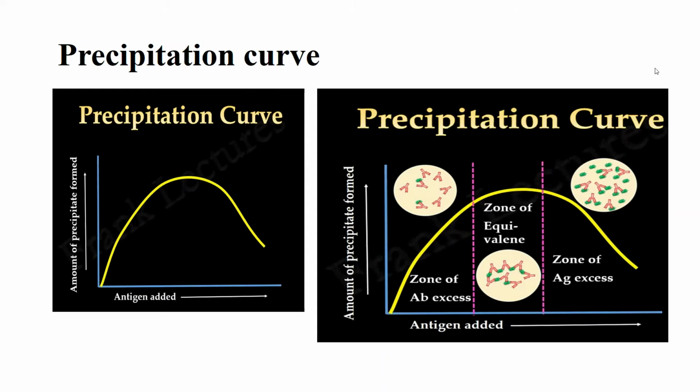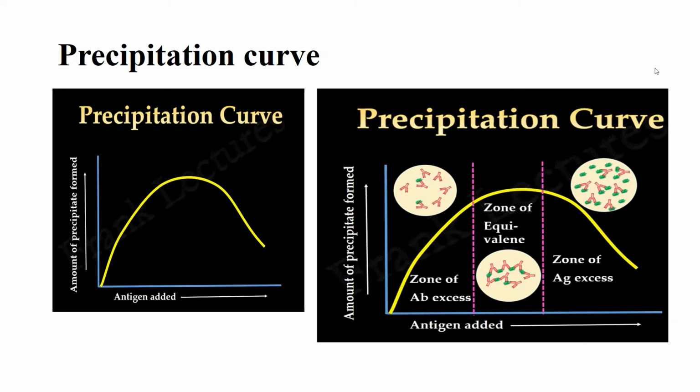This precipitation curve will show the increasing amount of precipitation with increasing amount of antigen up to a certain peak. After that, the curve will decrease due to the decreasing amount of precipitation and increasing amount of antigen. For further understanding, this graph can be divided into three zones. First one is the zone of antibody excess, second one is the zone of equivalence, and third one is the zone of antigen